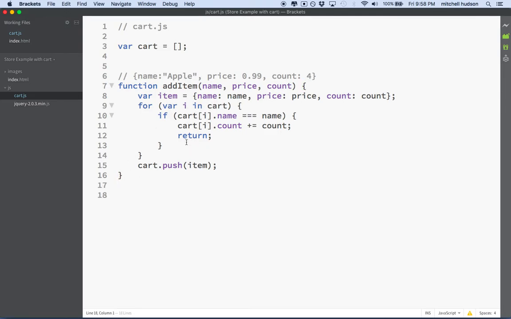So we'll just use this add item method just to get started here, just to help us out, okay? So what we're going to do now is we're going to link. We've already linked to this JavaScript, but now let's see if we can actually use this, okay? So what we'll do is we'll go to